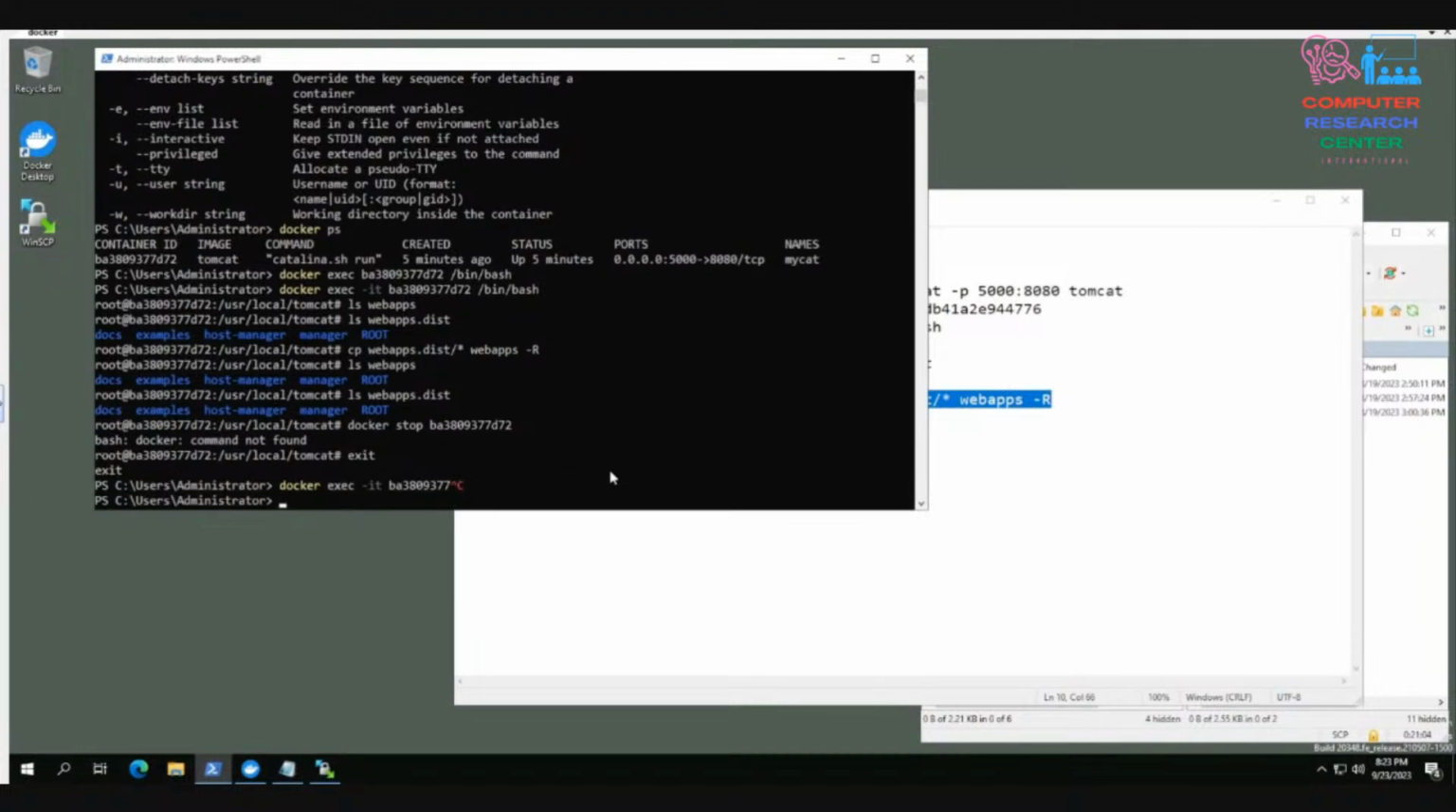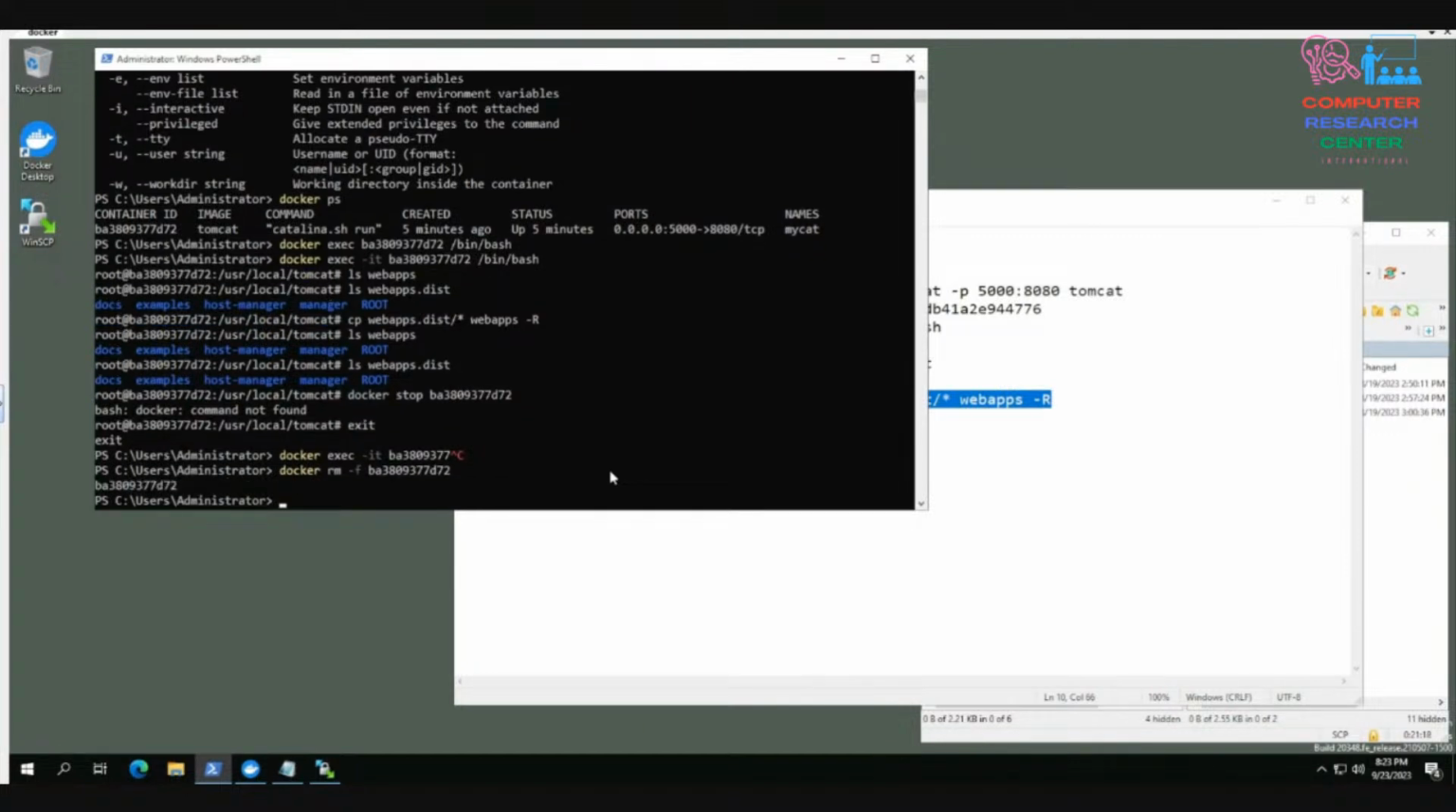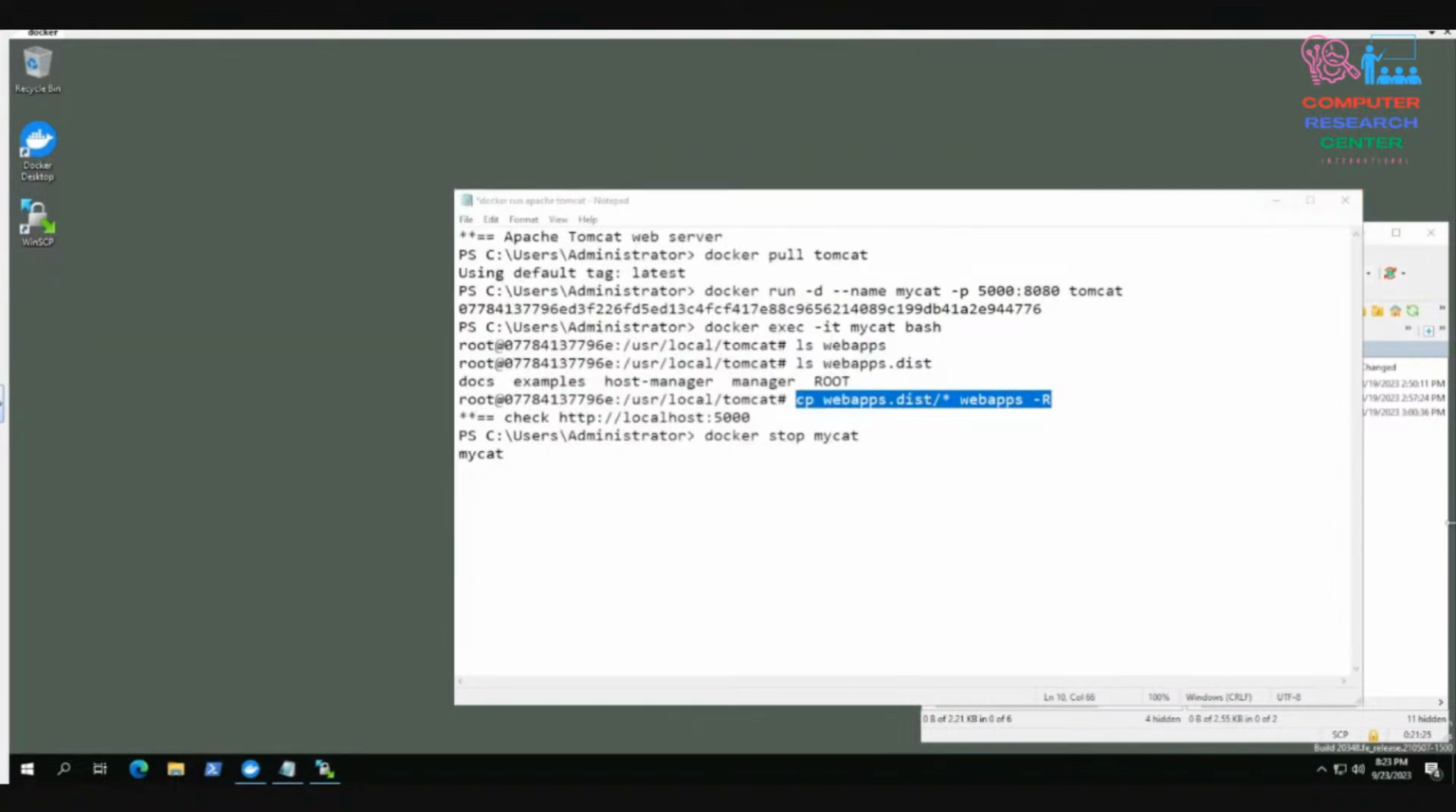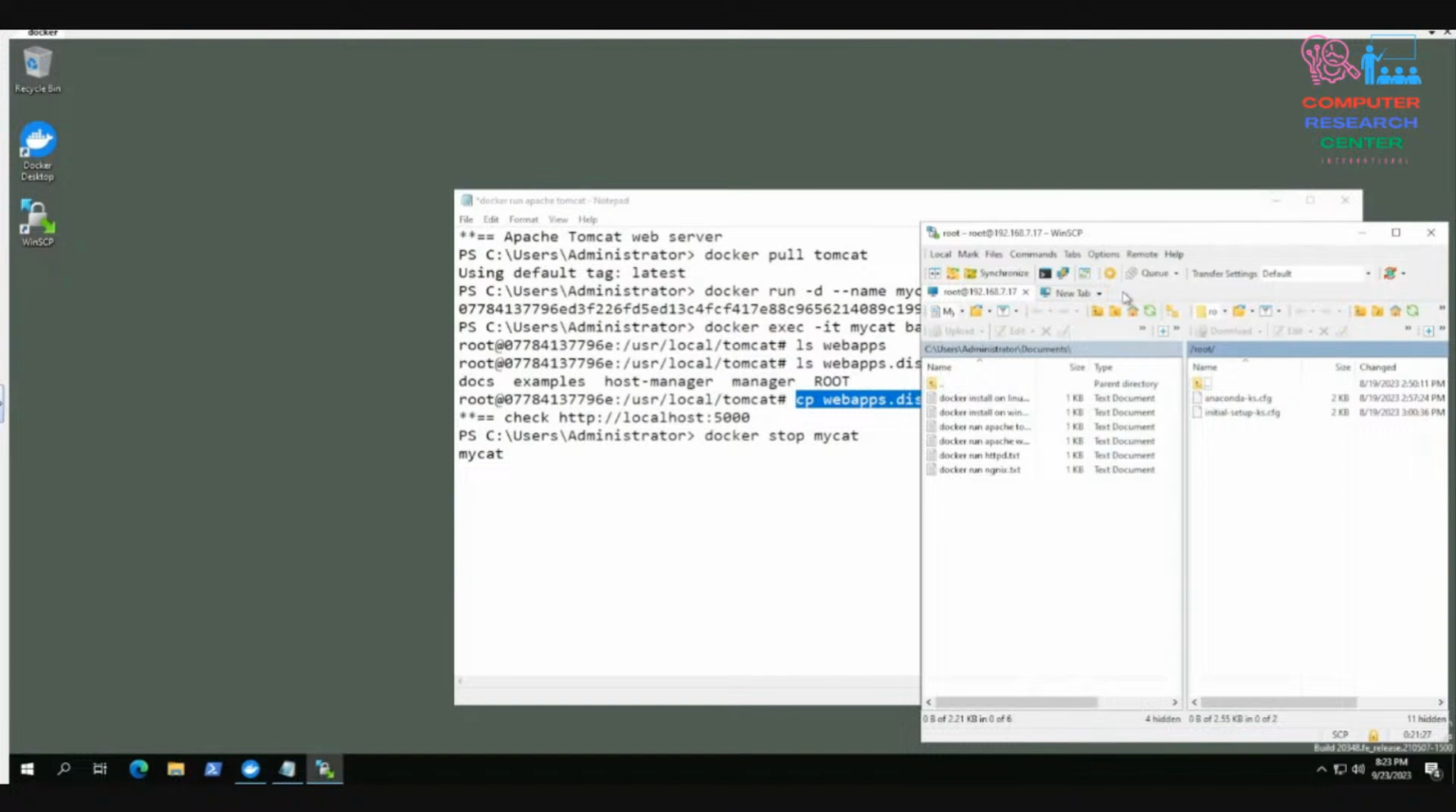So let us do Docker stop. I will do the stop, or maybe you can remove it with the force. I would say rm minus f with force. Okay, so then it will kill it, right? So it's done, gone. So now I will close this one, and we'll go to the Linux box where we have